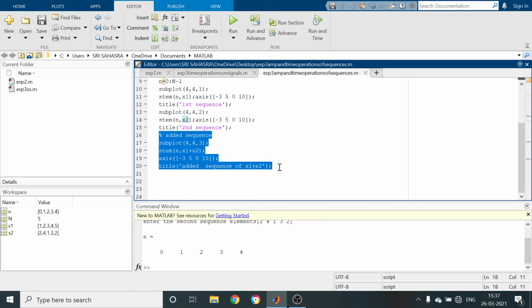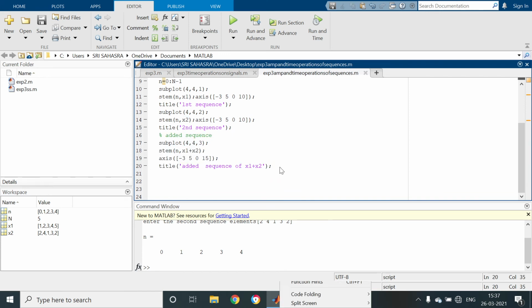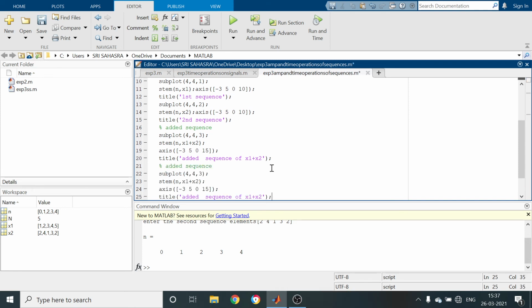Added sequence. Subtracted sequence. Four, 4, 5.